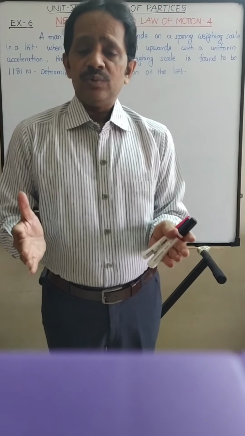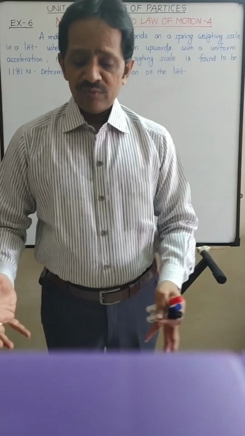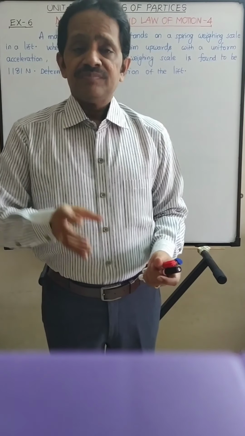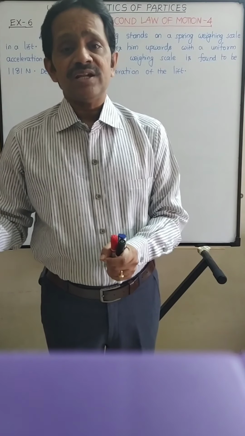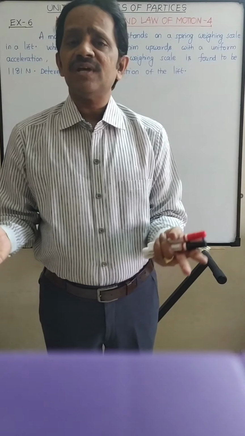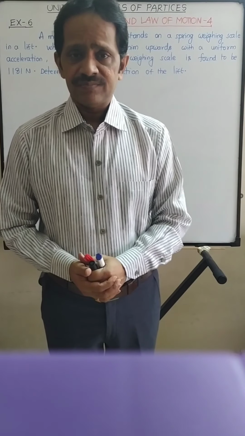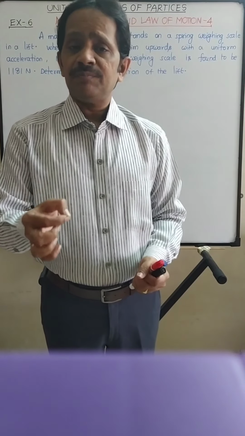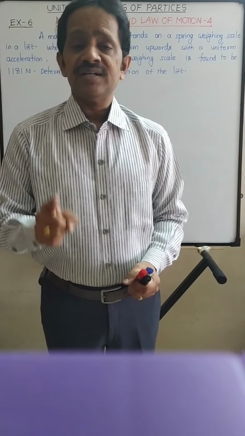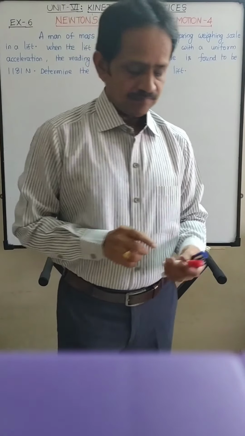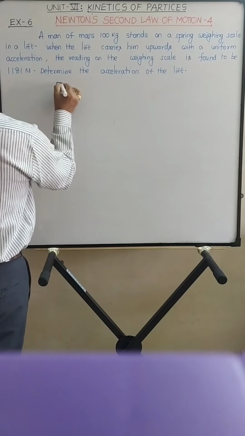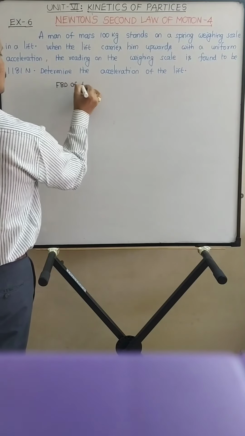As the person standing on the weighing scale is moving along with the lift, if you find the acceleration of that person, it is the same as the acceleration of the lift, right? Because the acceleration of the person and the lift are the same, he is inside the lift. So to find the acceleration of the person, let us first draw the free body diagram of that 100 kg person. So if you draw the FBD of the person,